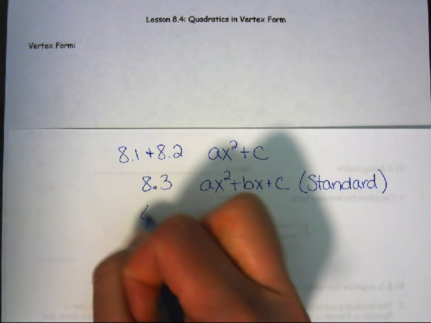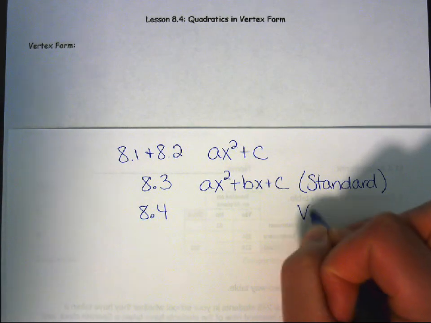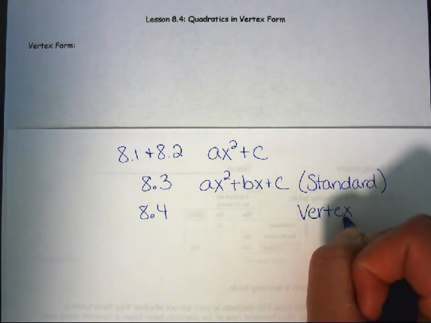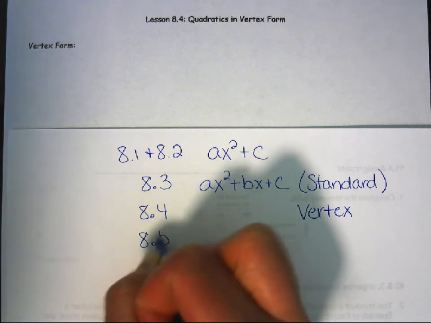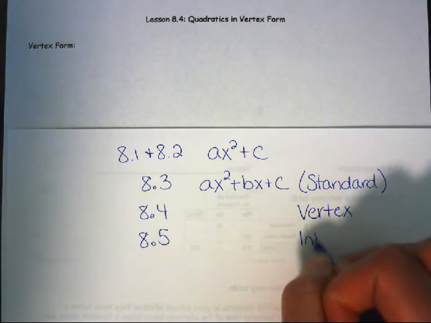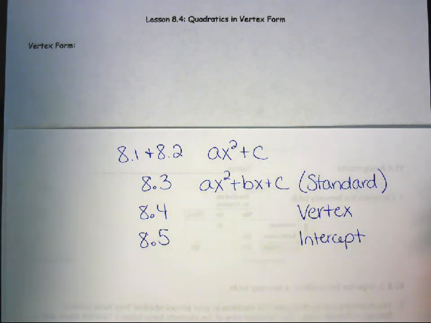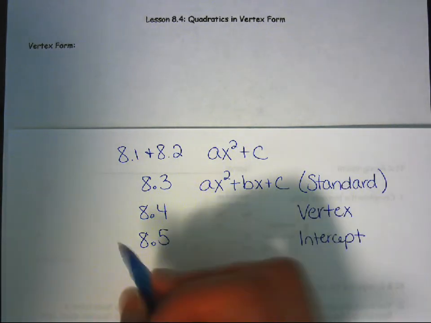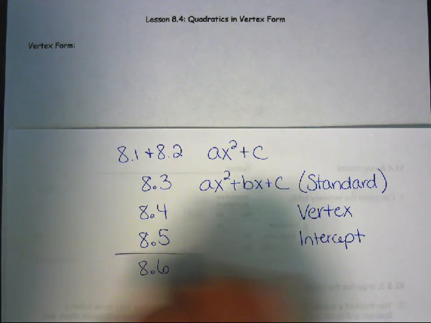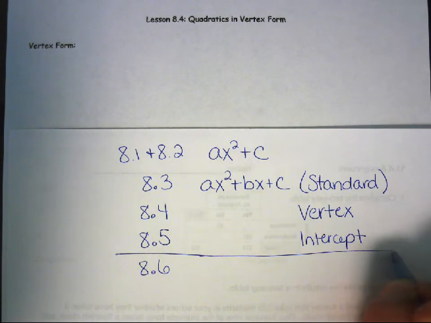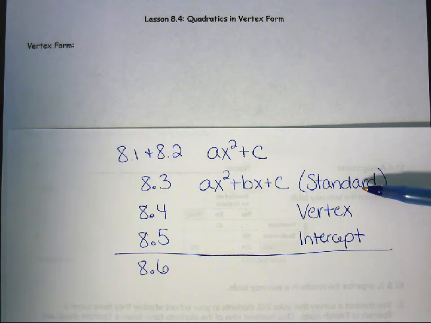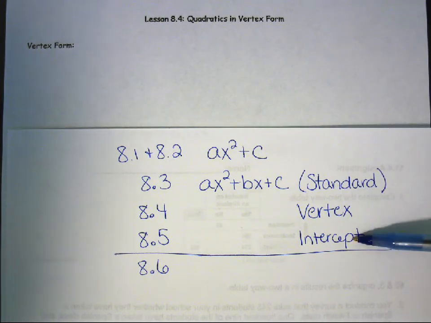Now in 8.4, they're going to show you what vertex form is. And in 8.5, they're going to show you what's called intercept form. Essentially, and really the majority of this lesson, because there are actually 6 lessons, in the beginning part of this chapter, they're really just showing you 3 different ways to look at a